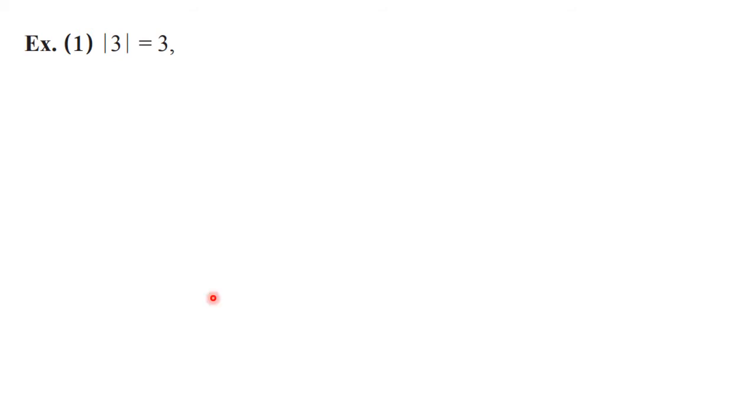Okay, so let's see some examples. See, modulus of 3 is plus 3. Modulus of minus 3 is also plus 3. Why is it plus 3? As we have seen in that third rule here. This is minus 3, and while writing absolute value, we have written one more minus sign here. I want the opposite of minus 3. So, opposite of minus 3 is what? Plus 3. So, even though inside the mod sign we have negative, the value is always positive. Keep that in mind.